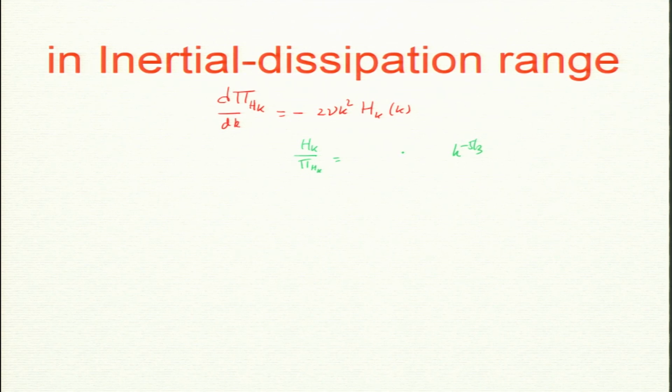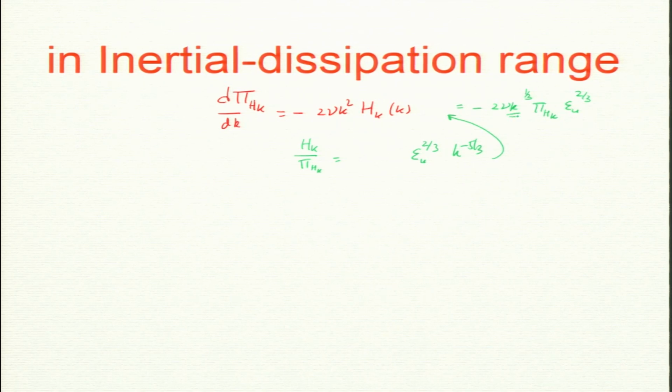I know Hk already, it is k to the minus 5/3. So, pi Hk was power 1, so if I divide, then that goes away. So, epsilon u to the 2/3, I will just get this. Substitute it over there. So, minus 2 nu k squared, this is going to be pi Hk, epsilon u to the 2/3. So, this 2 and minus 4/3 will give you k to the 1/3, minus 5/3. So, 2 minus 5/3 is 1/3, and the epsilon u to the 2/3. Okay. So, it is a first order ordinary differential equation, easily solvable.